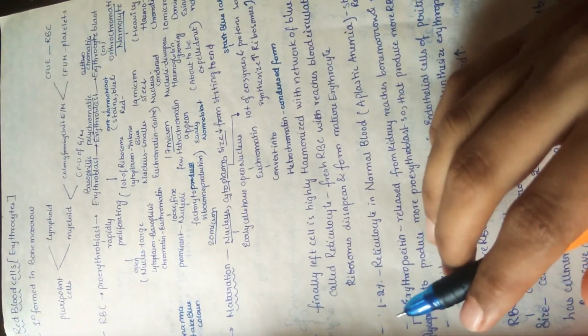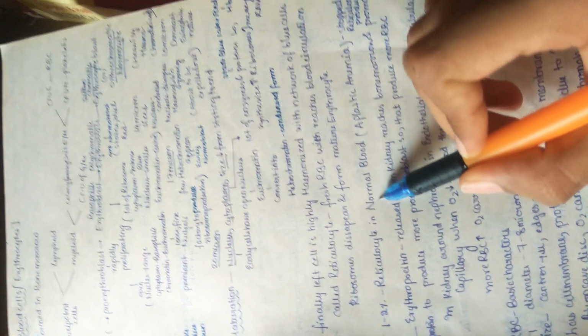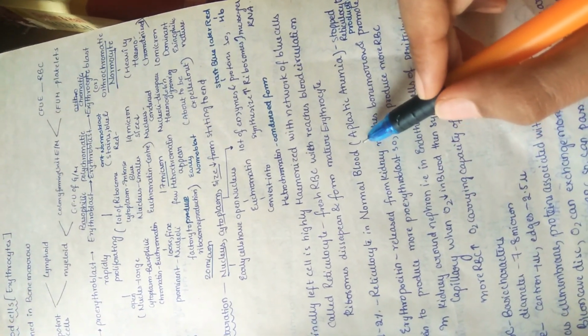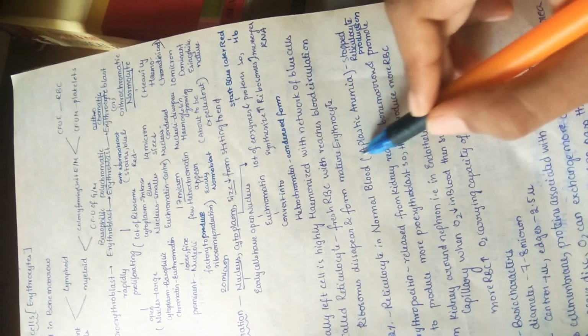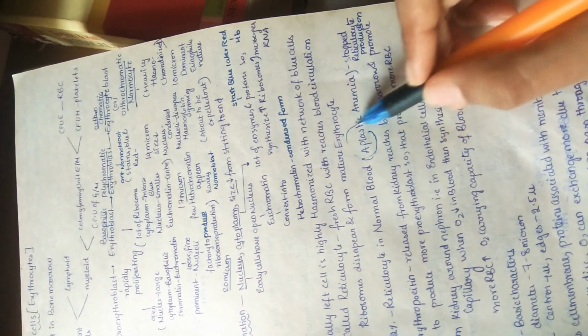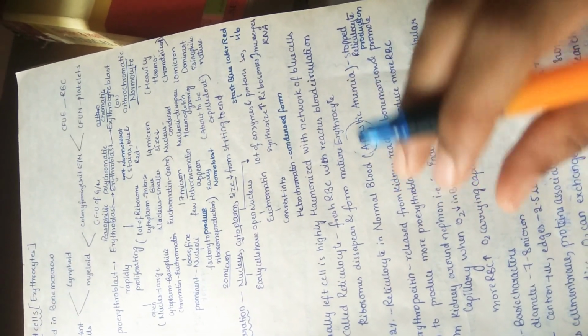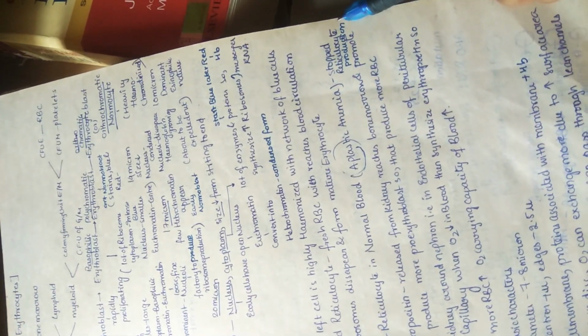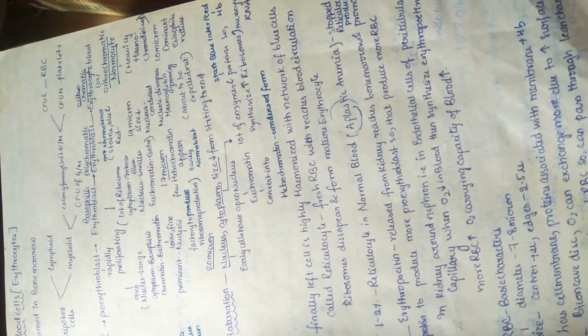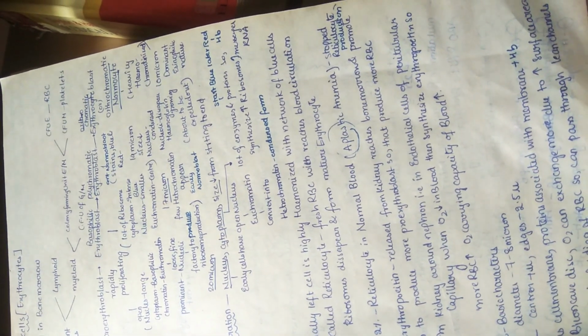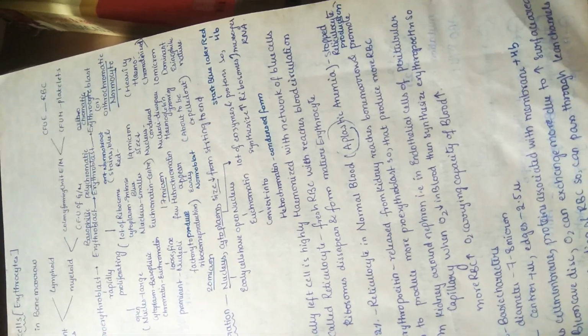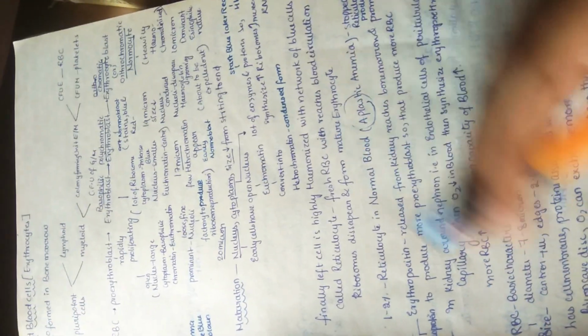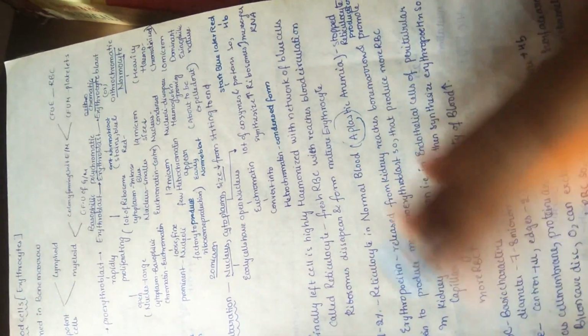Now we'll move on. You can see here 1 to 2% of reticulocytes are present in our normal blood. And aplastic anemia, in our anemia lecture we already discussed. Aplastic means the problem is in the bone marrow only, that the bone marrow is not able to produce red blood cells, that is, reticulocyte formation is stopped in the bone marrow itself. So especially there is a problem in the reticulocyte. The reticulocyte is not able to form properly in the bone marrow, so RBC is low in our body, leading to anemia.